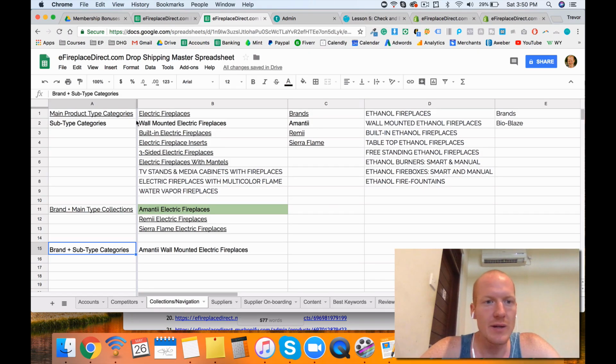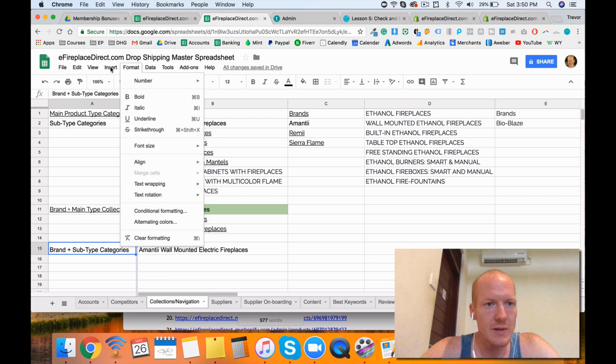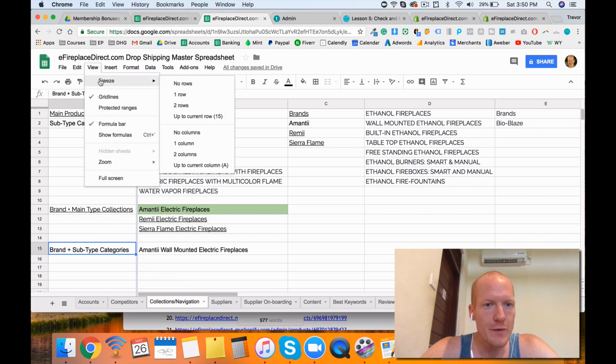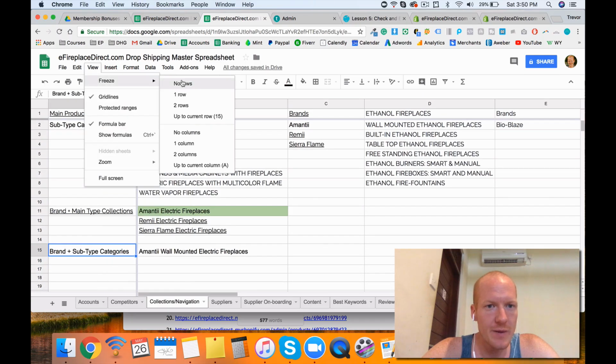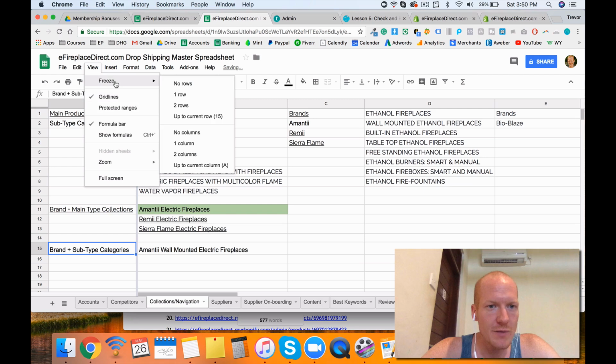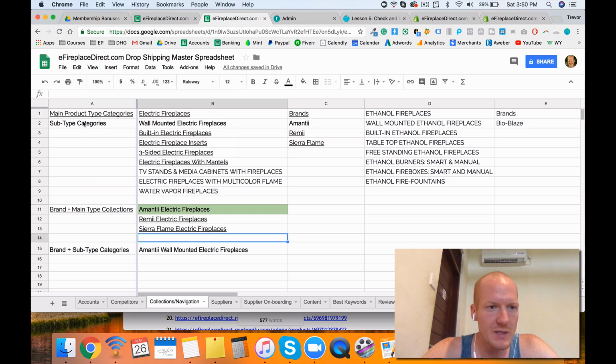And by the way, it's really easy to do this where if you scroll to the right, this one stays here. If you go up into view, and you go to freeze, you'll be able to freeze the rows. So if I wanted to freeze the top row, I would just do row 1, but I don't really need to do that. So I'm going to undo that, no rows. But I can also freeze the columns. So I just did one column, which means that this column is frozen,